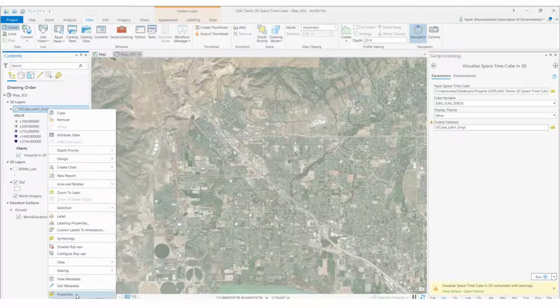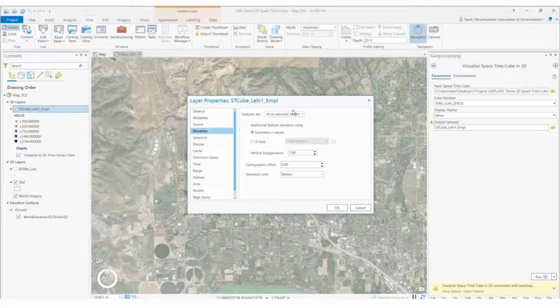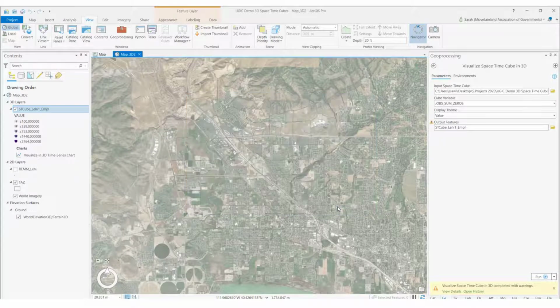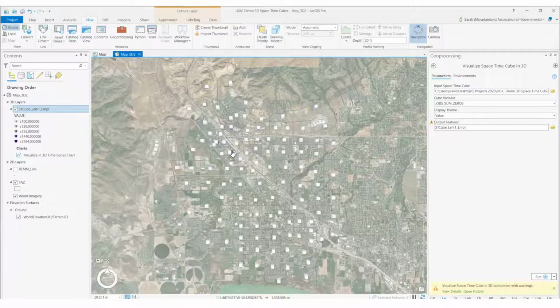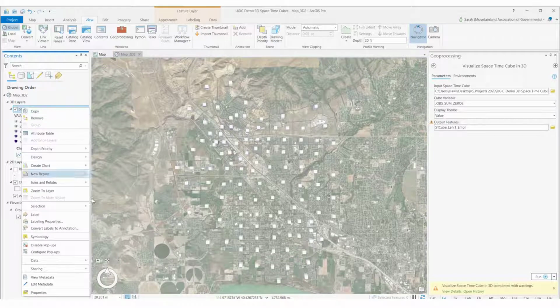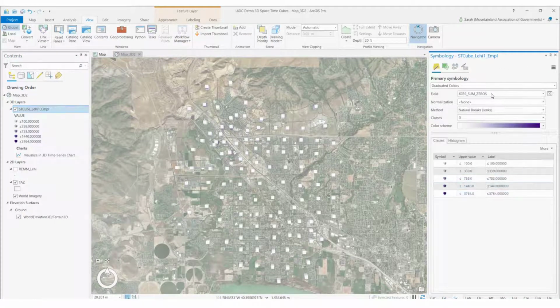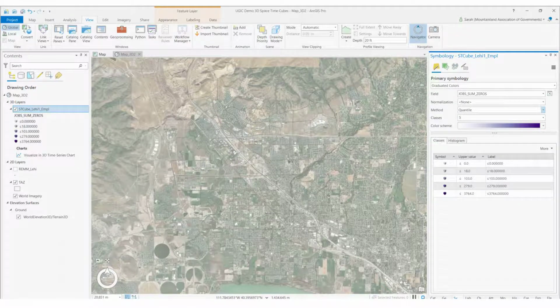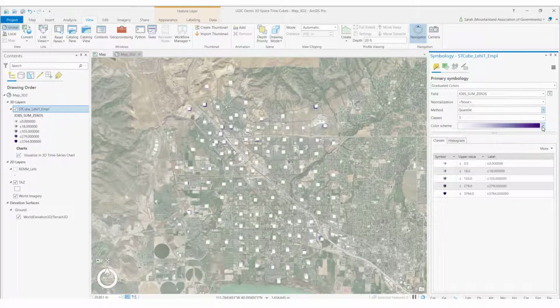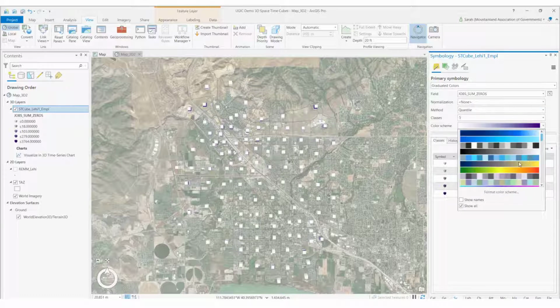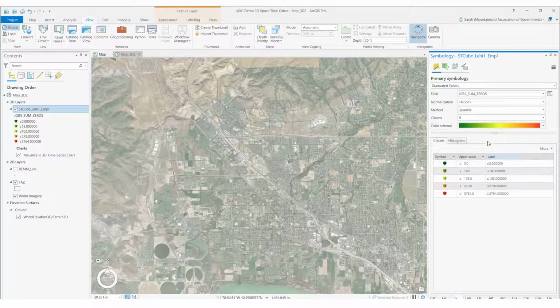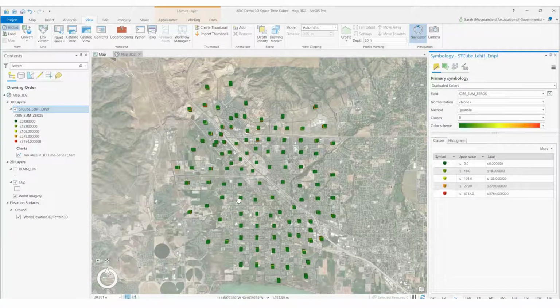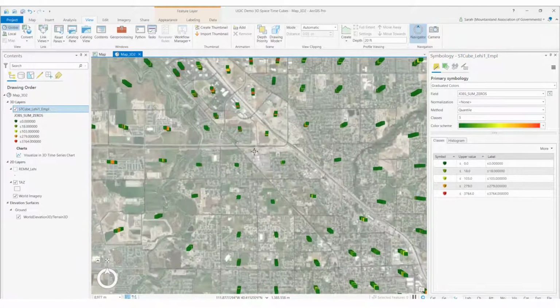We need to make sure that our 3D time cubes, their elevation is relative to the ground, so they show on top of the elevation. That doesn't look very exciting, so we'll symbolize it. And I'm going to use Quantile as my method because it helps me see the obvious differences a little bit better. And then I'm going to use a green to red color scheme. Okay, that still doesn't look too exciting from the top, but